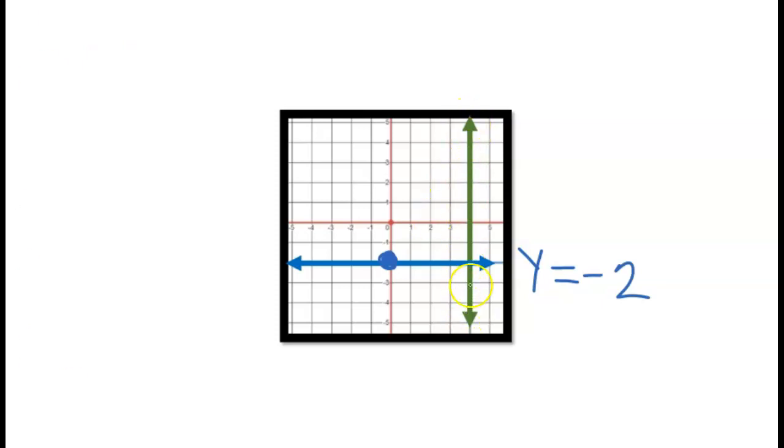If you have a vertical line, what's the slope? Undefined. By the way, so is the y-intercept, because does this cross the y-axis? What axis does it cross? And so this is going to be x equals 4. The equation for a vertical line is x equals a number, and you get that number from